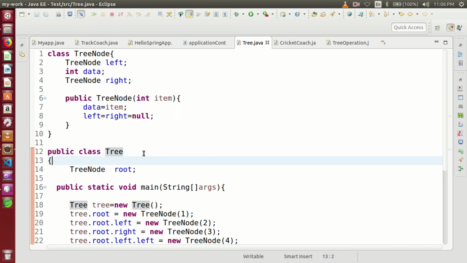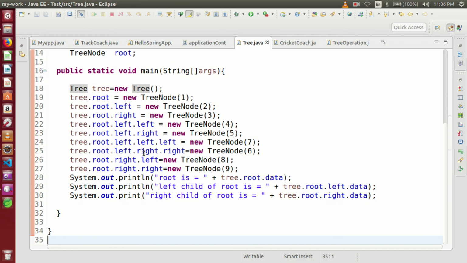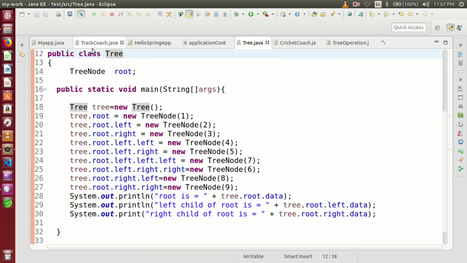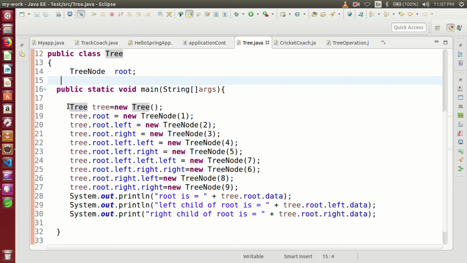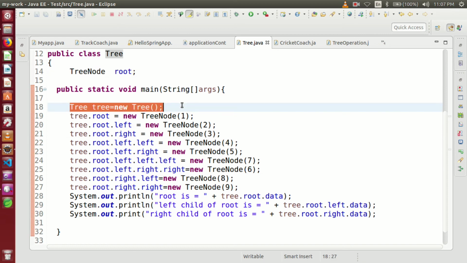After that in our tree class, first we will create a variable root, because we need a root node in our tree. After that we create one object to access this variable. With the help of the tree variable we will access the root variable.